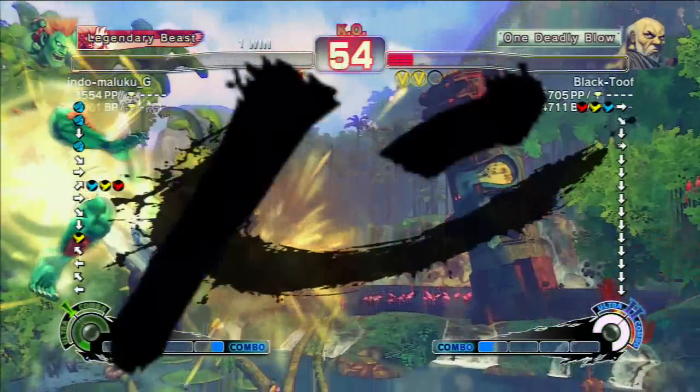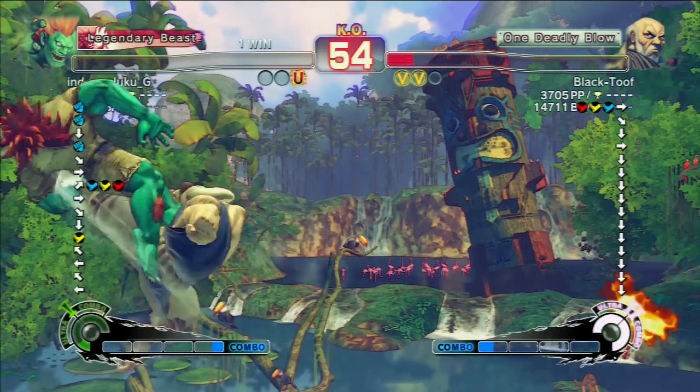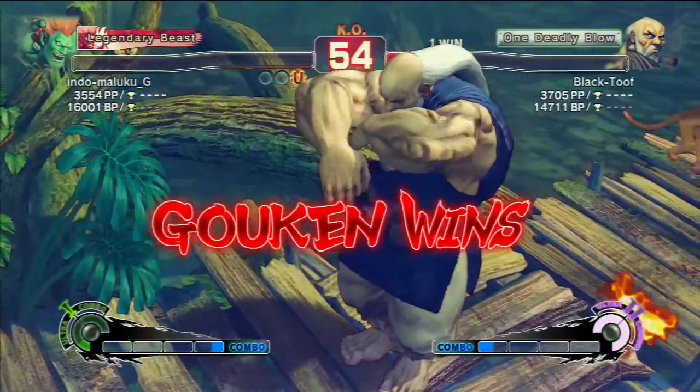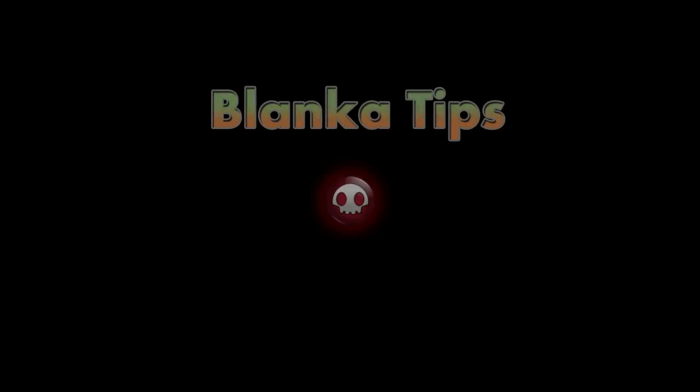So he's got me down quite a lot now. So I think that was meant to be an EX demon flip. But since he jumped over, it turned into an EX Tatsu. But that's good enough for me. Sometimes that's bad. Okay, so now we're going to look at some Blanka tips, which probably weren't shown in the